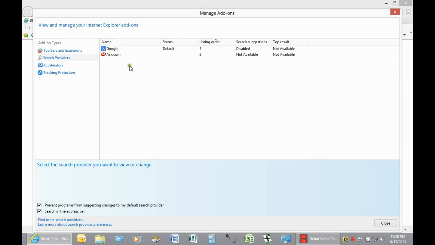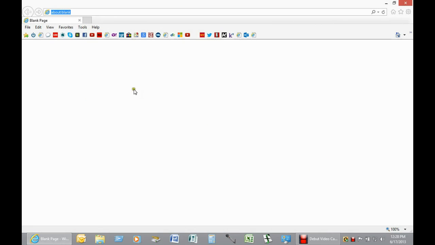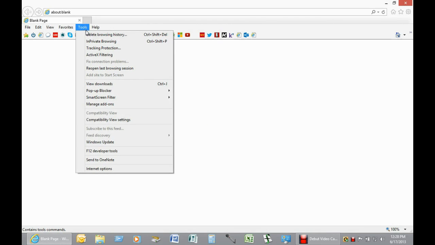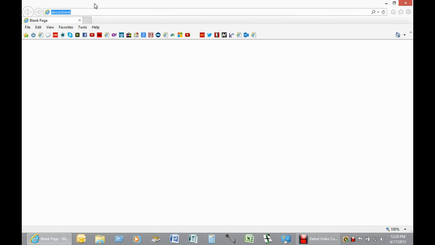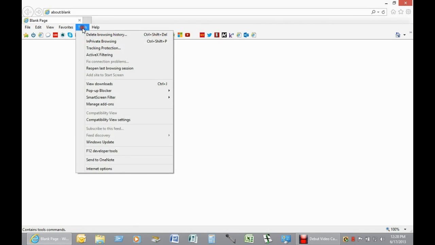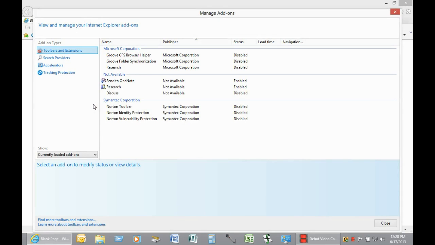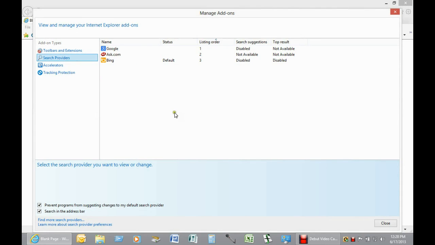You'll notice that it doesn't appear in there yet. Well, you have to close it first, and then you have to reopen it. So go back to Internet Explorer, click on Tools, and click on Manage Add-ons just like we did before. Then go to the left and click on Search Providers, and there it'll show Bing was added and changed to my default search provider. Now, before we click Close down here to save our changes,